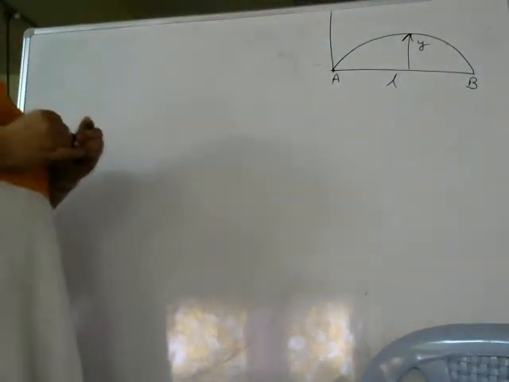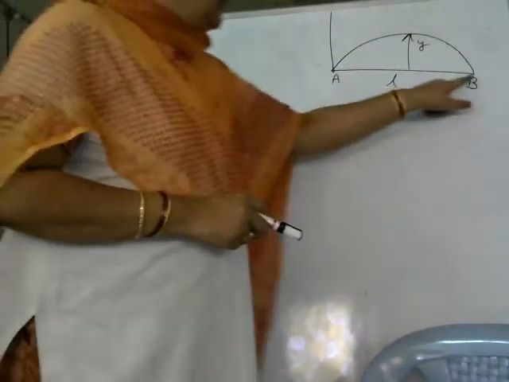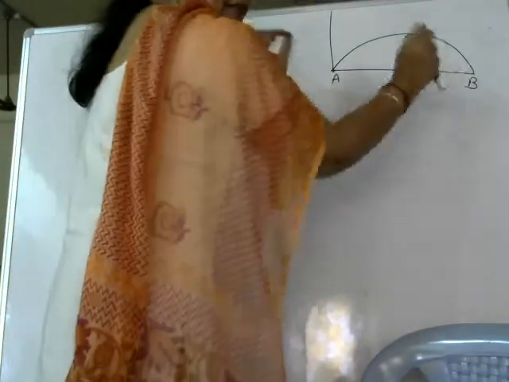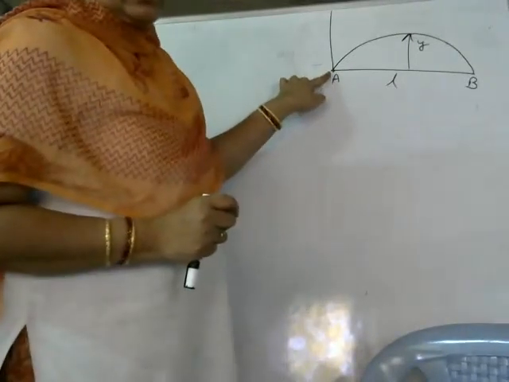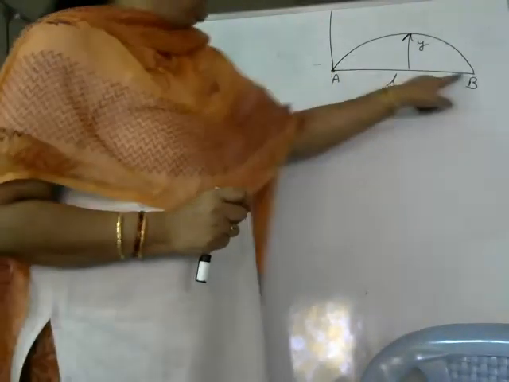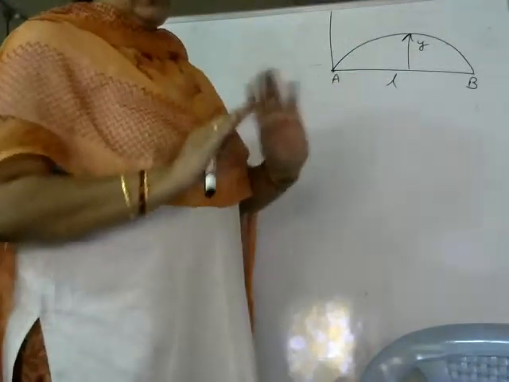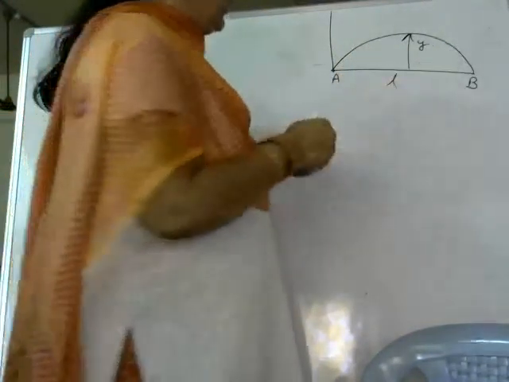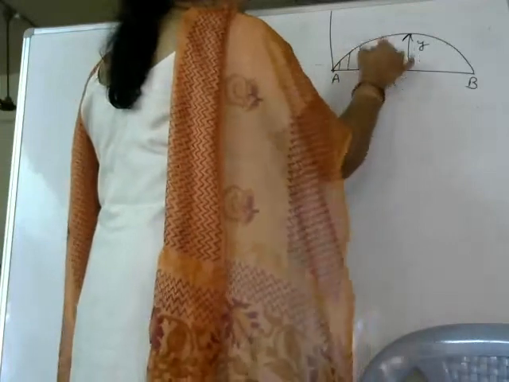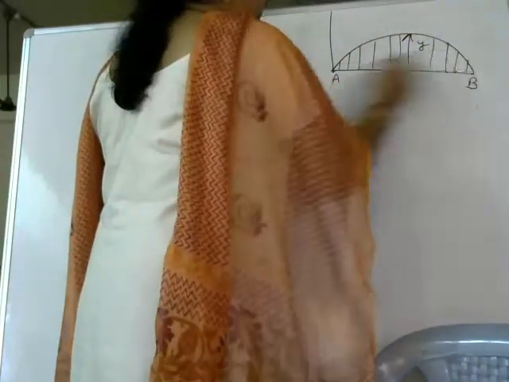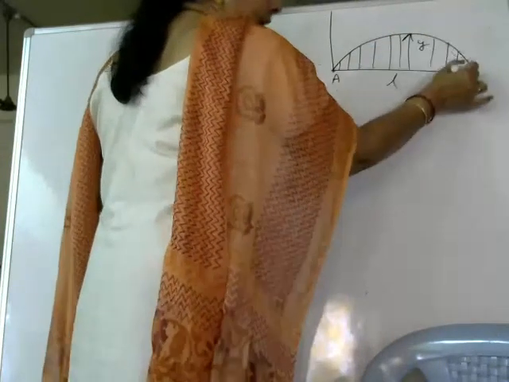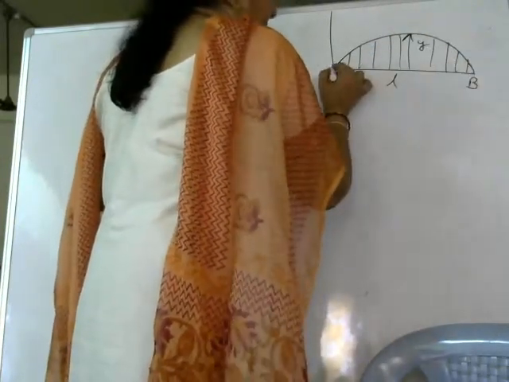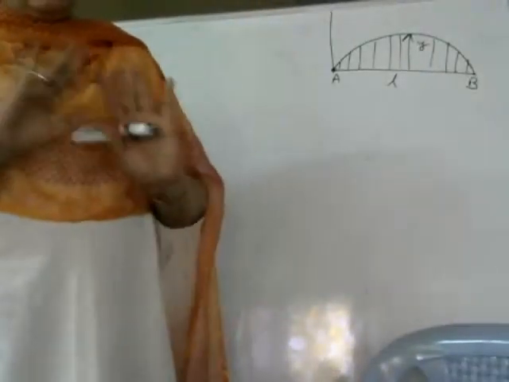What is the physical nature of this? At the endpoints, you can observe that they are completely fixed. That means the string has no displacement at these two points. The string is fixed and not moving. Only the remaining part of the string has different heights, so it is displaced. At this point it has one displacement, at this point another displacement, and at this point another. Whereas at the two endpoints A and B, where the string is fixed, it has no displacement.